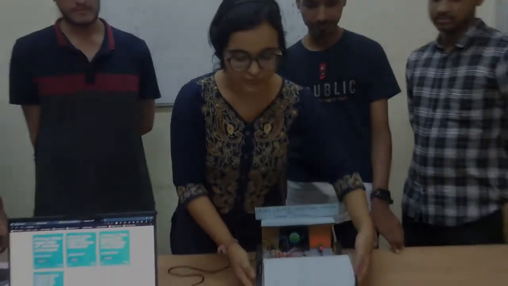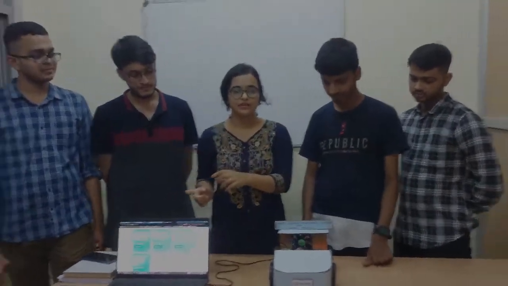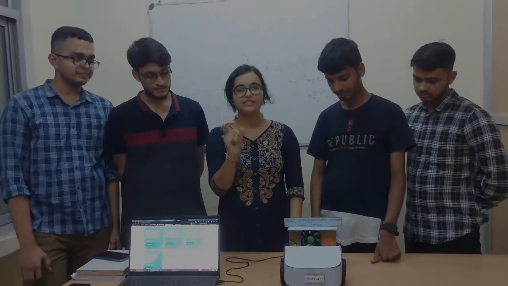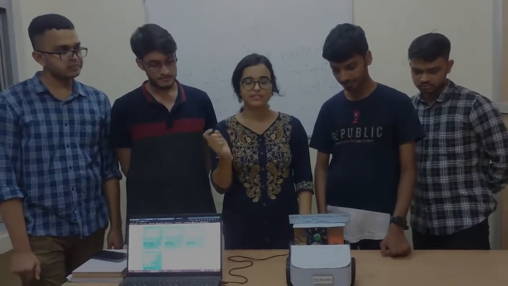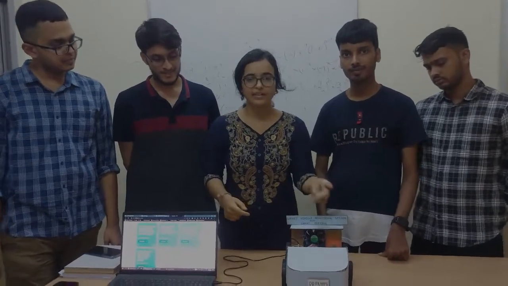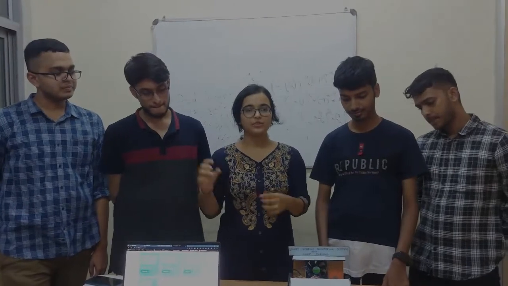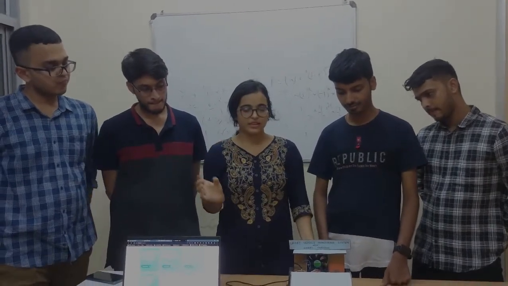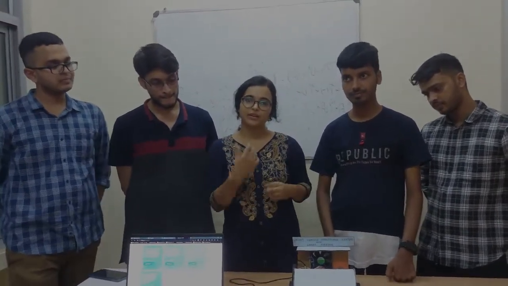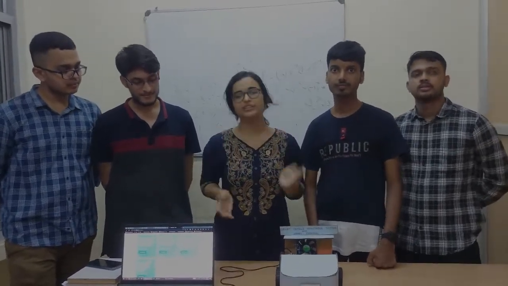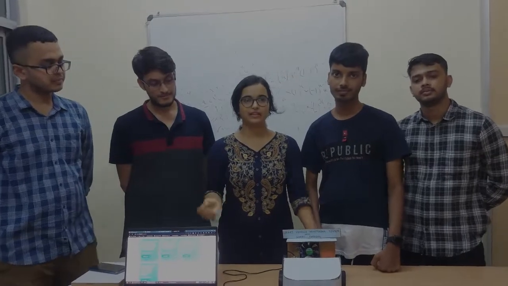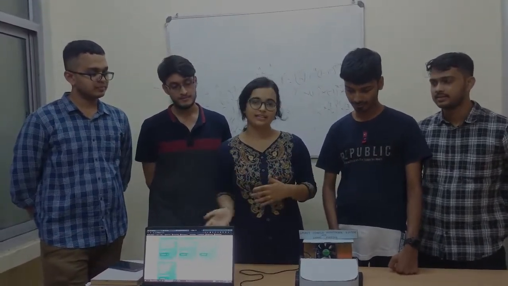In our Blynk app, there are two switches: one is the light switch and one is the fan. We can control the fan and light according to our requirement through the app, and it is also controlled by the Alexa assistant. We can give our command according to the requirement. If there is a high temperature, then we can turn on the fan, and like that we can control it through Alexa also.